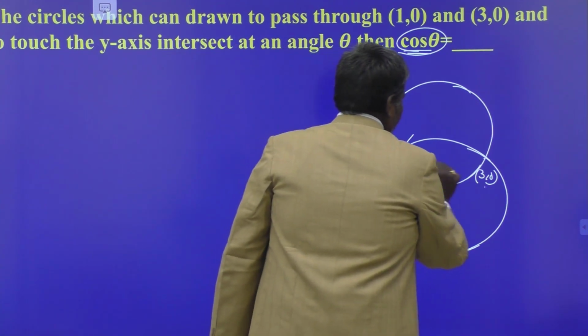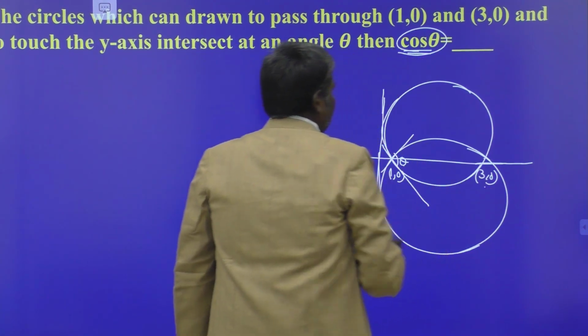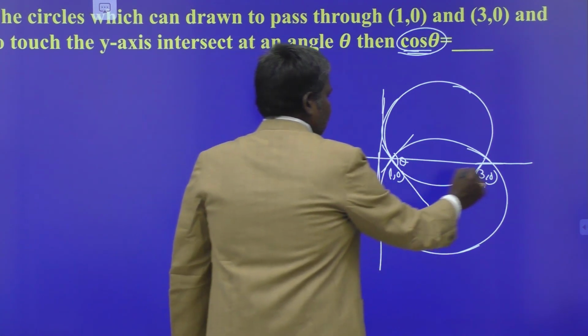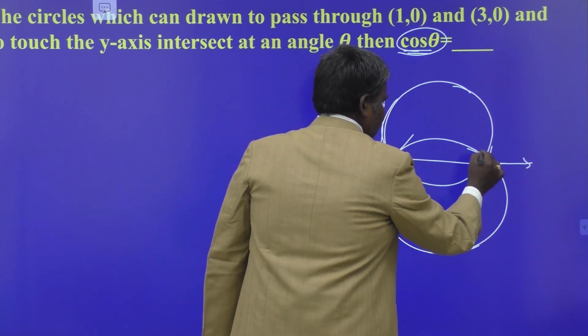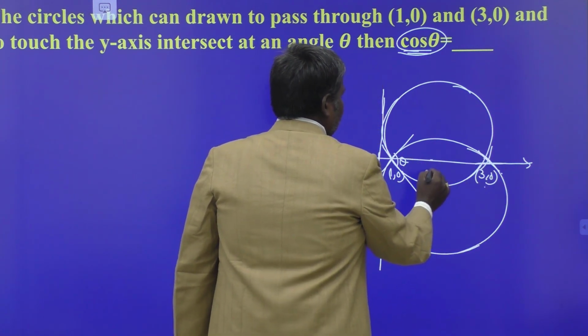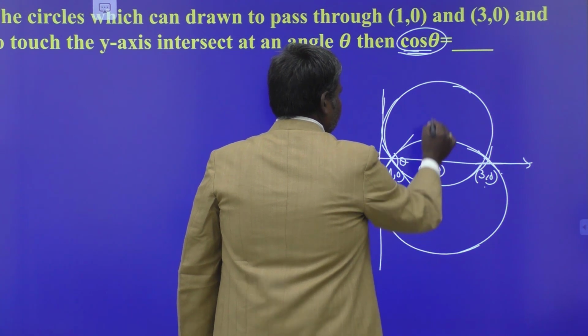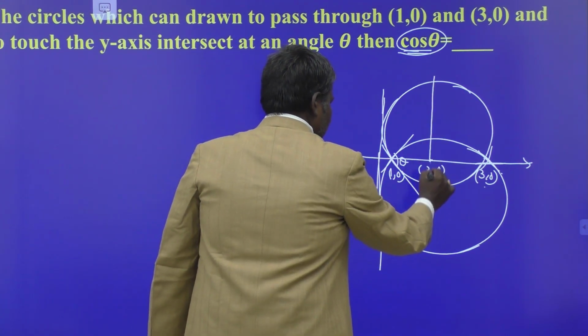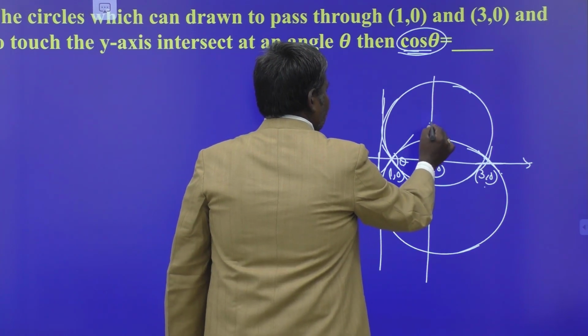So clearly this is the x-axis. For (1, 0) and (3, 0), both y coordinates are 0. Therefore the points of intersection lie on the x-axis. Its midpoint is what now? (2, 0). So every perpendicular bisector should pass through the center of the circle. So the center is of the form what?